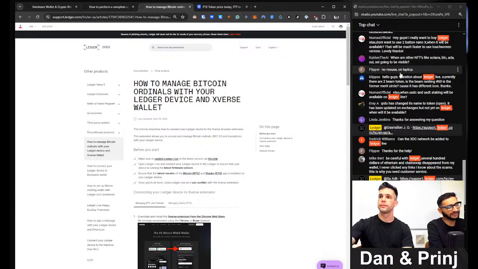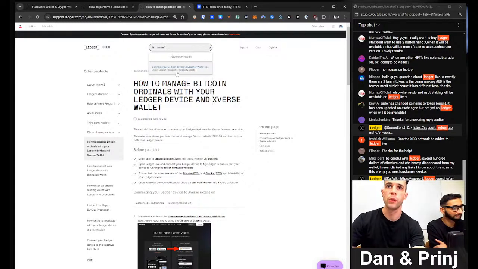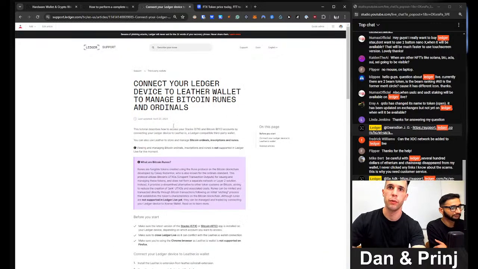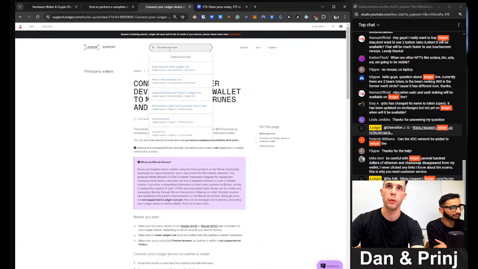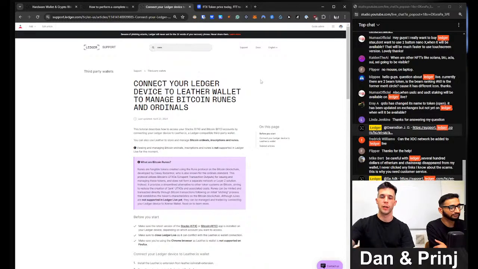Until then, it's safe to use a third-party wallet. Yeah, it's always safe. Like Xverse, give it a try. For Bitcoin runes, Leather as well is pretty good. We've got documentation. You just go on the help center at support.ledger.com and type runes, and you'll get 2 articles that discuss how to store runes with your Ledger device. Okay, next is